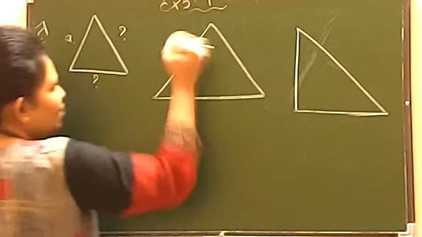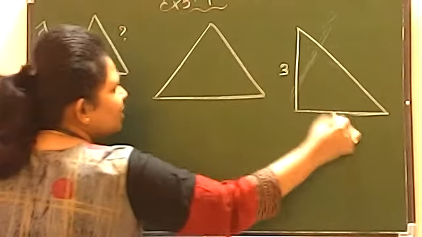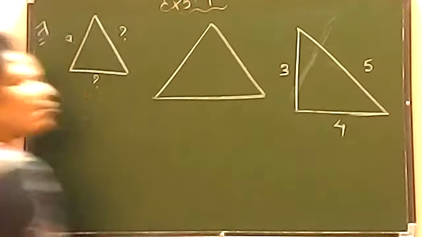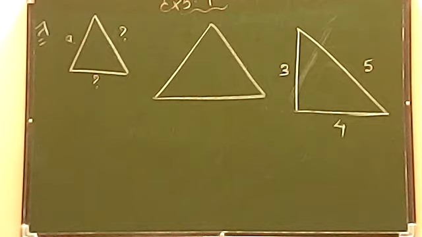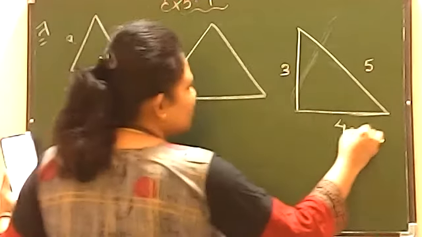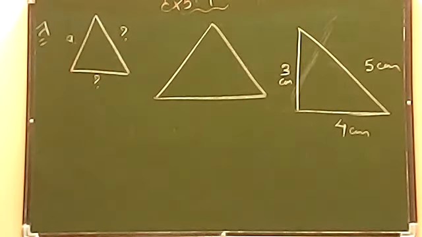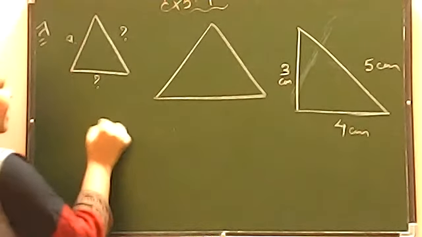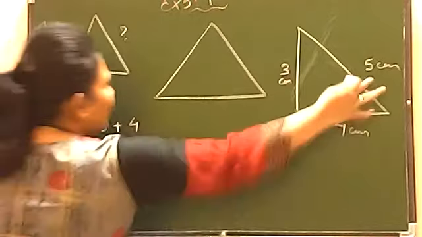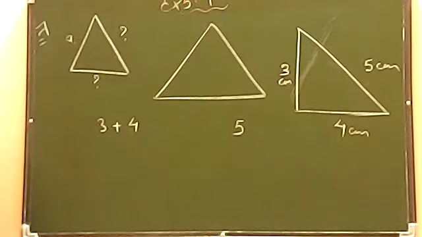फॉर एग्जांपल इफ आई टेक दिस वन, सपोज दिस इज 3, this is 4 and this is 5. ठीक है, suppose I have taken this measurement. This is 3, this is 4, this is 5 and all are in centimeter. So now it is telling that we have to check whether the sum of both the sides is coming equal or not. Okay, so let's see this. First we'll add 3 and 4. 3 and 4 को ऐड करेंगे, वी हैव टू चेक दैट 5 से बड़ा है कि नहीं या छोटा है।